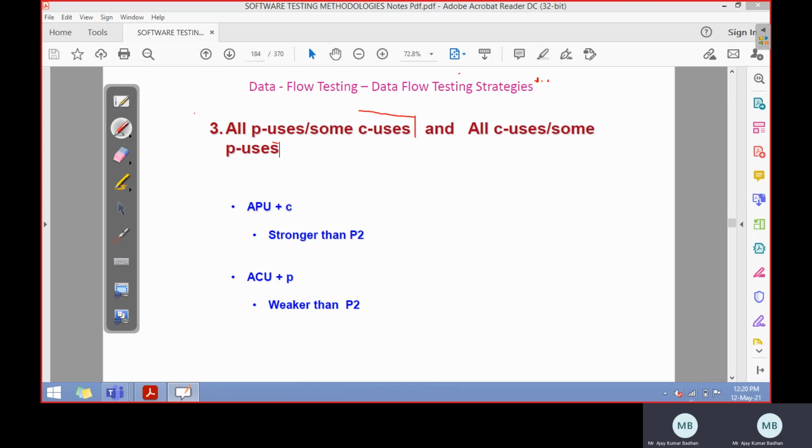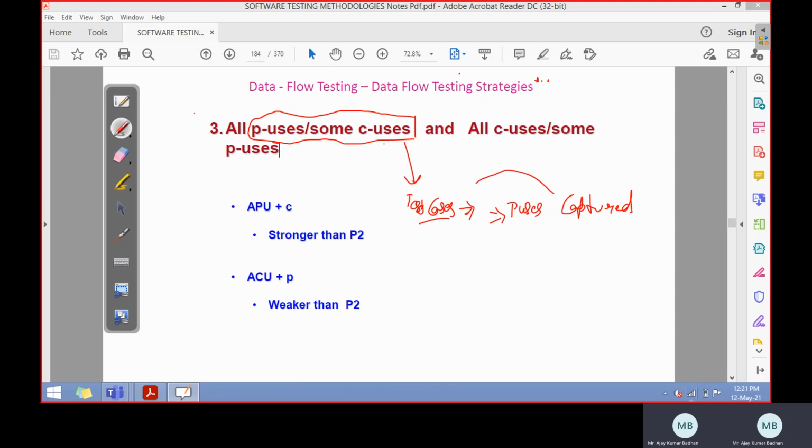Let me explain this first, and the next one you will understand easily, because that is the opposite of this particular thing. All P users some C users means he is asking you to generate or develop the test cases in such a way that all the P uses, all the predicates, whatever we are using, that is nothing but conditional statements used within the program, are actually captured within these test cases.